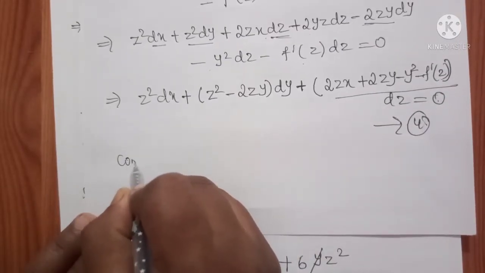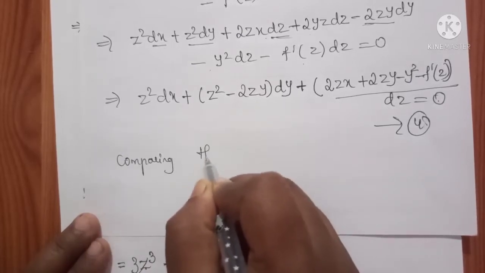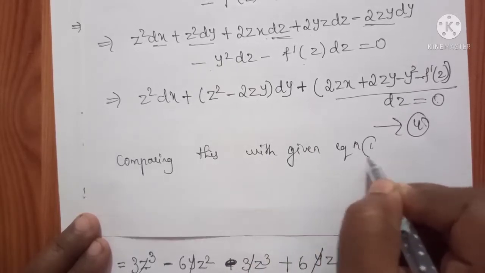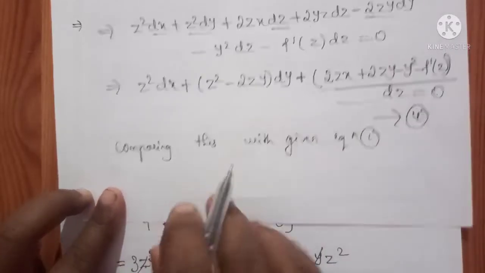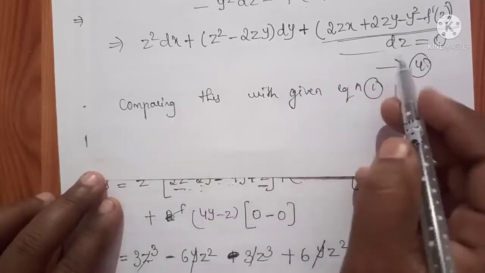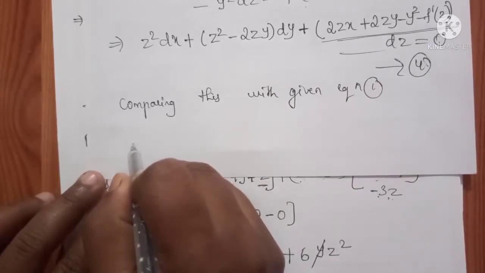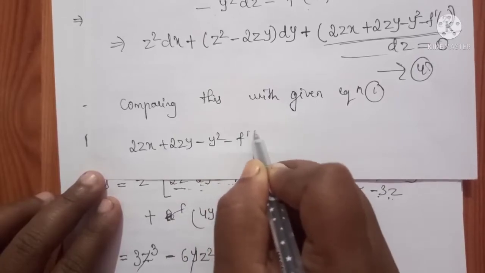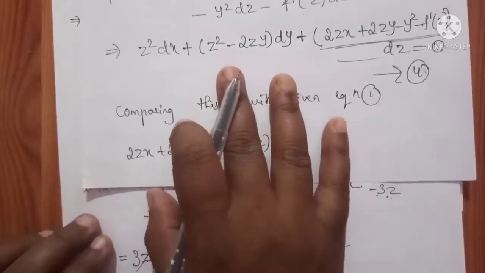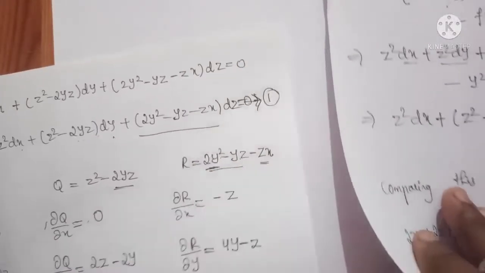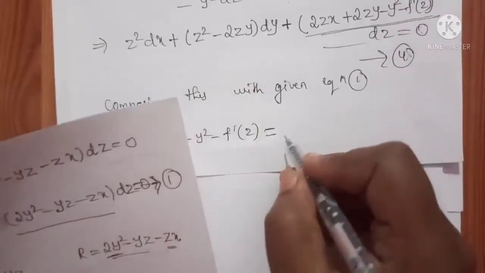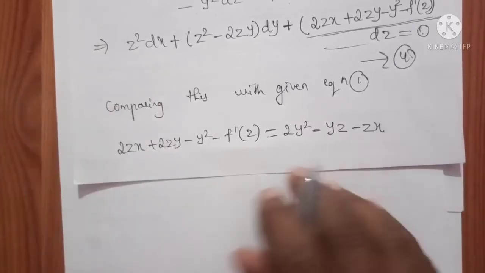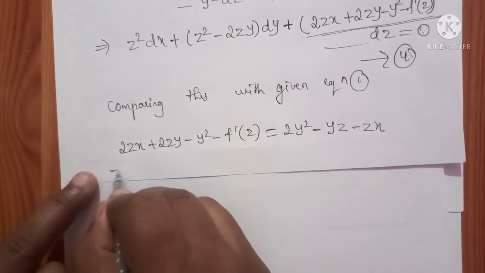Therefore comparing this with the given equation, all these terms give the coefficient of dz. Comparing the coefficient of dz, we get 2zx plus 2zy minus y square minus f dash of z is equal to, in the given equation, the coefficient of dz, that is 2y square minus yz minus zx. So solving this one,